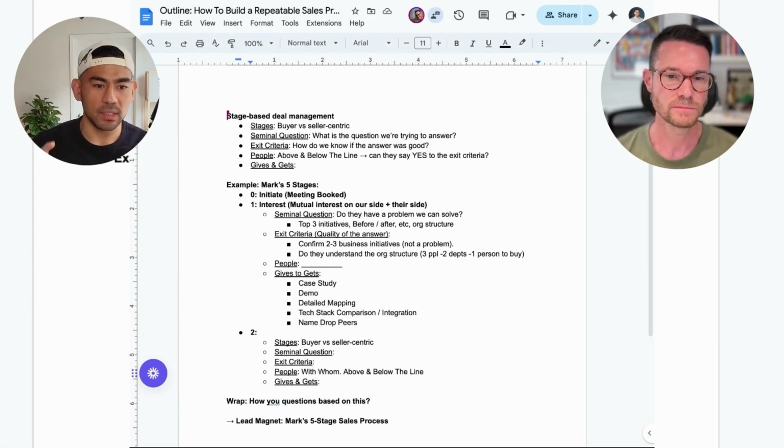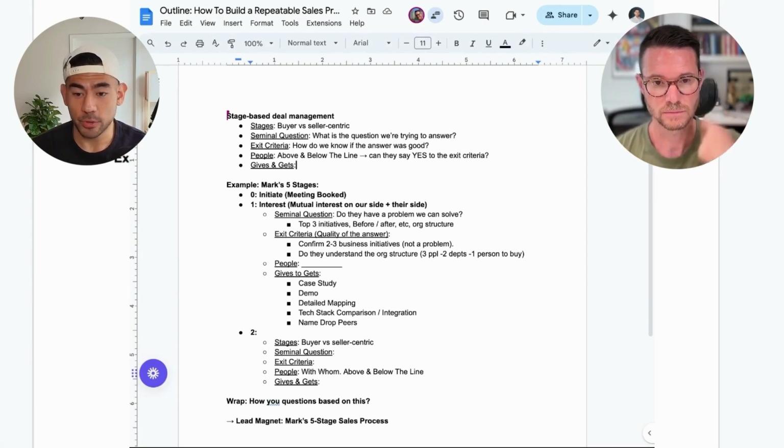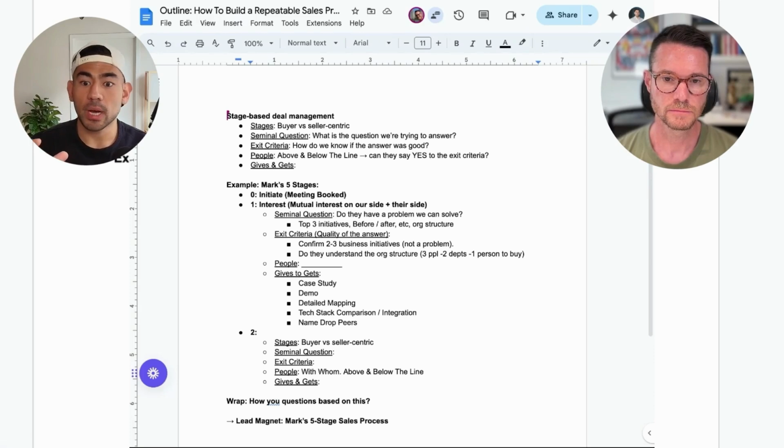Dude, this is so good. I love the reframing of that definition. A lot of times people simplify things in terms of above or below the line stakeholders. And it's sort of confusing because above or below the line can be relative to what line you're talking about. You could be above the line to buy a pack of gum, and that basically just means you have a pulse and you're allowed to expense $2. It's really hard to be above the line to be able to purchase a piece of 6-figure software. And so the way that you frame whether or not someone is above the line in this case is, can they say yes to the exit criteria? I love that